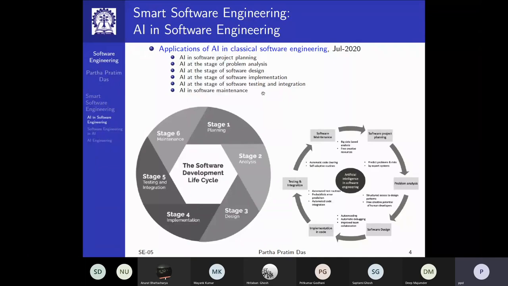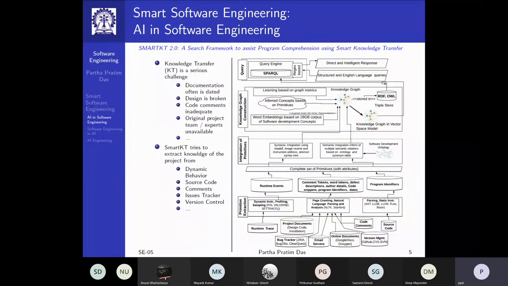So in each one of these, project planning, analysis, design, implementation, several works are being done by people. So I'll just briefly touch upon one research that we have been doing for the last couple of years.